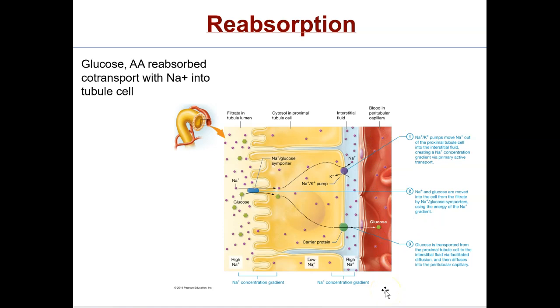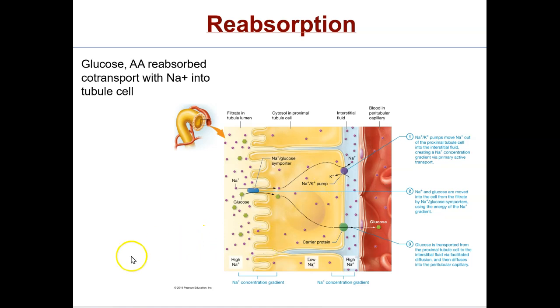We're not going to get too carried away and involved with how things move, but I want you to understand that it's a little more complicated than how I'm teaching it. You have to move it in the cell, out the back of the cell, and then into the blood. So they technically go through 3 layers. And I thought it might be easier to just make a table because reabsorption happens in multiple areas of the